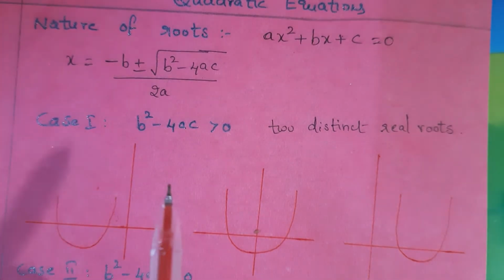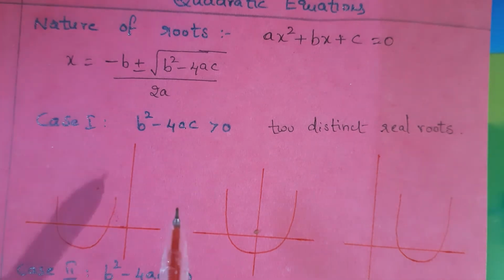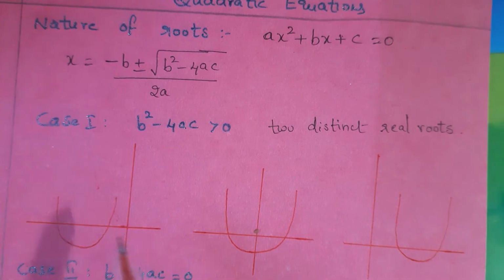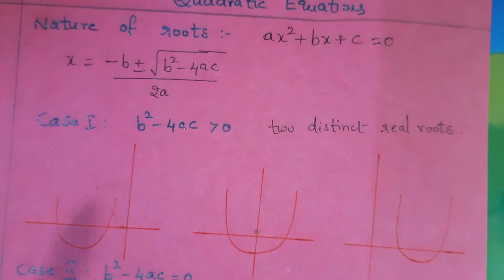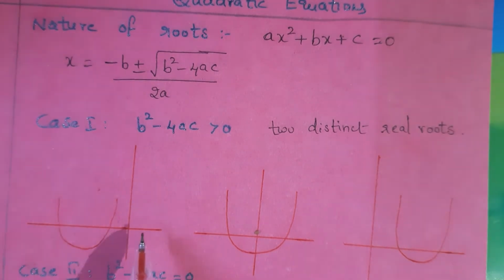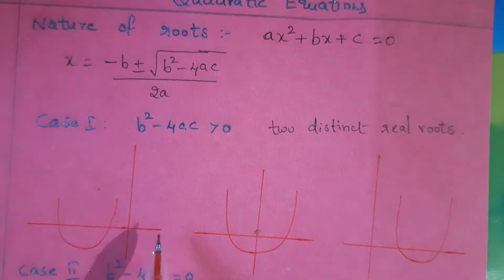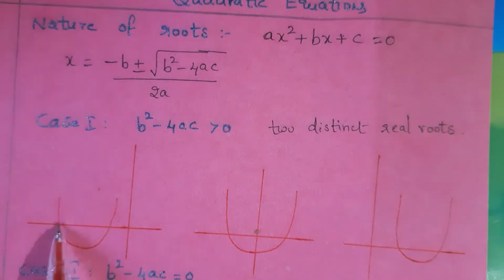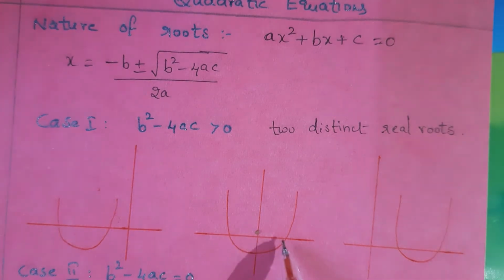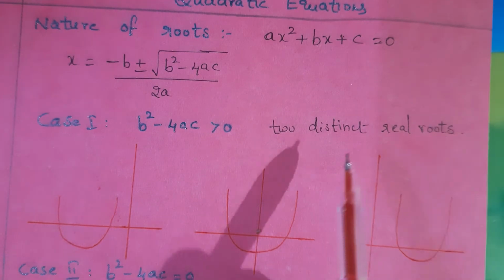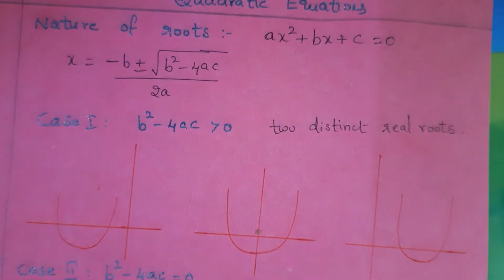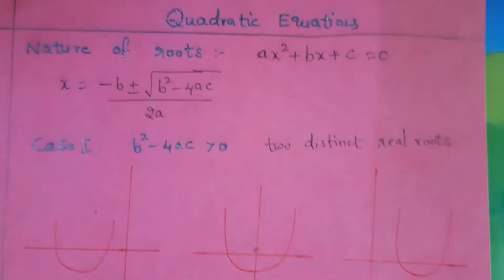In such a case, if we draw the graph for the given quadratic equation, the figures look like this. Here, if we observe, the figures show that the curve of the quadratic equation cuts the x-axis at two distinct points. These two points are nothing but the roots of this quadratic equation. So the second case is